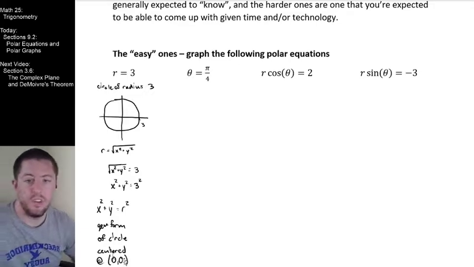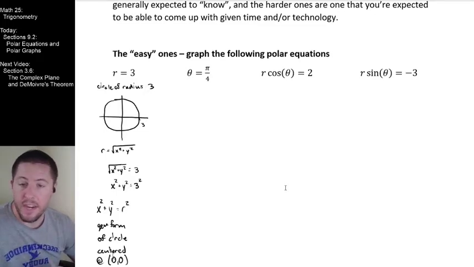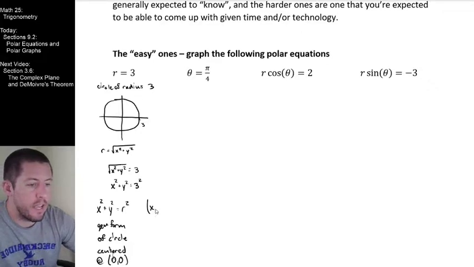So the important generalization I want to make here is that x squared plus y squared equals r squared, radius squared, is the general form of a circle if that circle is centered at (0, 0). What if our circle is not centered at (0, 0)? Well, in general, we can generalize this by saying (x minus h) squared plus (y minus k) squared equals r squared is the general form of a circle